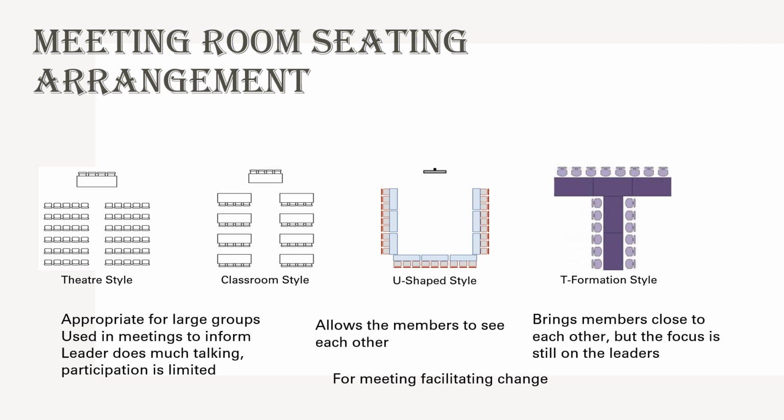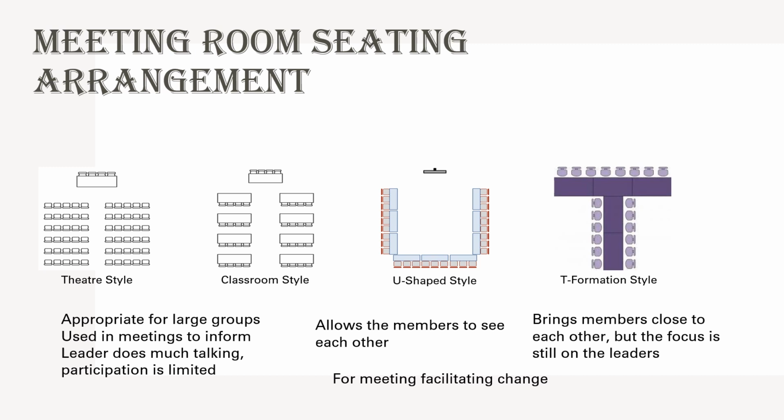So this would mean that the people are sitting one behind the other, and therefore if at all you give an idea of the meeting room seating arrangement to the people before the meeting, they will know whether any participation from their side is required or sought or not. For example, if you have put a venue that has a theater style of seating, the people will know that because they would not be facing each other, the participation from their side will be least. They will not be interacting, they will be only required to listen to what the leaders or conveners of the meeting have to say.